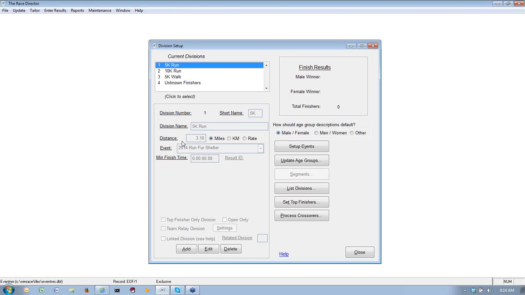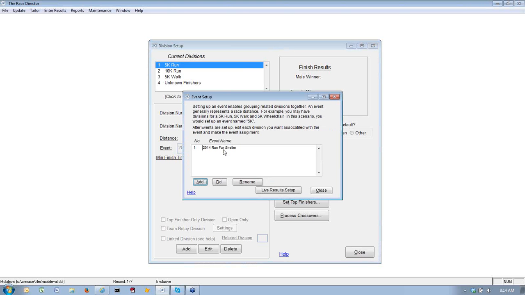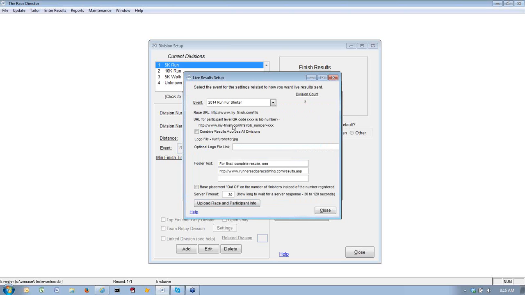But in most situations, a single event is all you're going to need, and that event is set up for you automatically. The event maintenance is actually done with this button here, which brings up this screen, which is where you can rename the event with this button. You can add a new event or delete an event by highlighting it. But this is the key button for doing the myfinish.com setup. When you use this button, you see this screen, which has all the setup information that you need to activate the